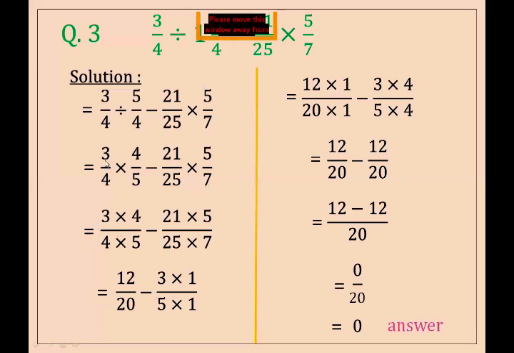So here we write numerator multiplied with the numerator and denominator multiplied with the denominator. Here we write 3 multiplied by 4 and 4 multiplied by 5, and here we write 21 multiplied by 5 and 25 multiplied by 7. Okay students, in the previous lesson I told you that if any cancellation is possible, we cancel